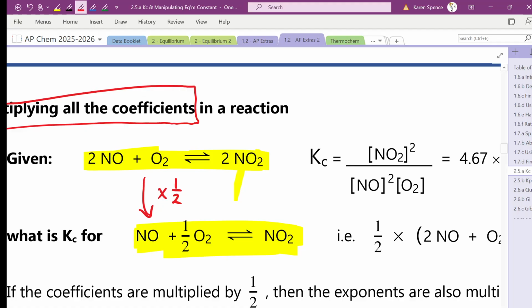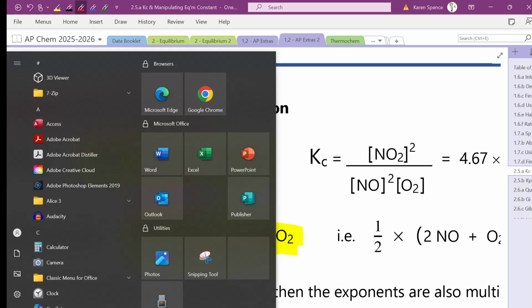If I were to multiply by 2, I would raise everything to the power of 2. If I multiplied by 7/8, I would raise everything to the power of 7/8. That's why we're going to go with multiplying, because multiplying lets us do that rule. If you divide, then you have to come up with some other rule, and I don't know what it is. So if we take our reaction and we multiply the coefficients by some number,